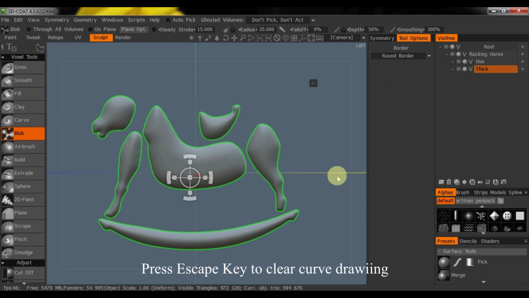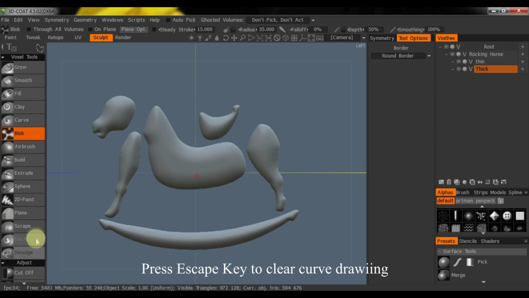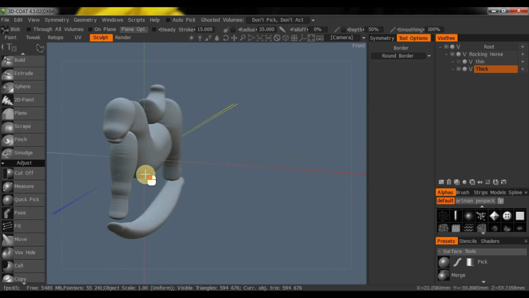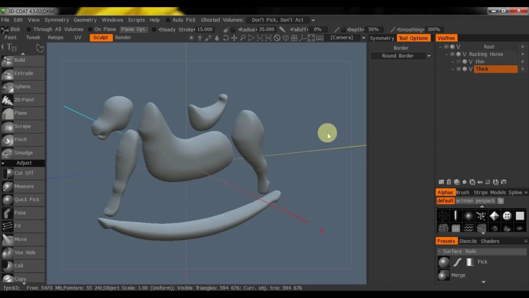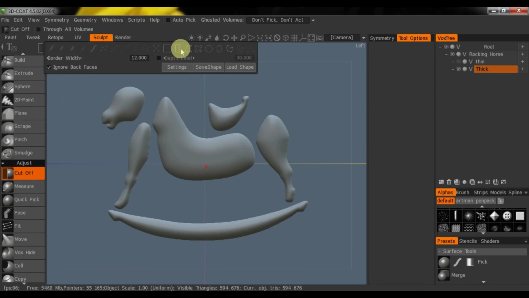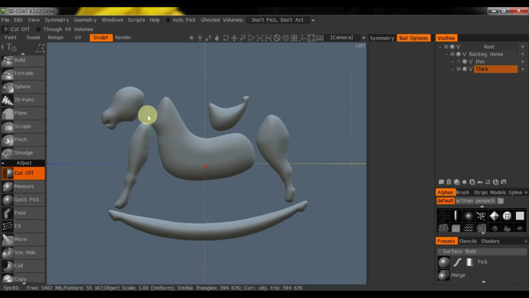Now what we're going to do is we're going to get rid of the parts. First off, let's get rid of our curve, and let's go to the thick layer, and let's look at some things here. The horse head is of no real use to me, so I'm going to get rid of everything but the body and the saddle, and I'm going to do that with the cutoff tool. I could go to the stroke lasso, but I like this one because I can just control it a little bit more, and I'm just going to basically cut off everything except for